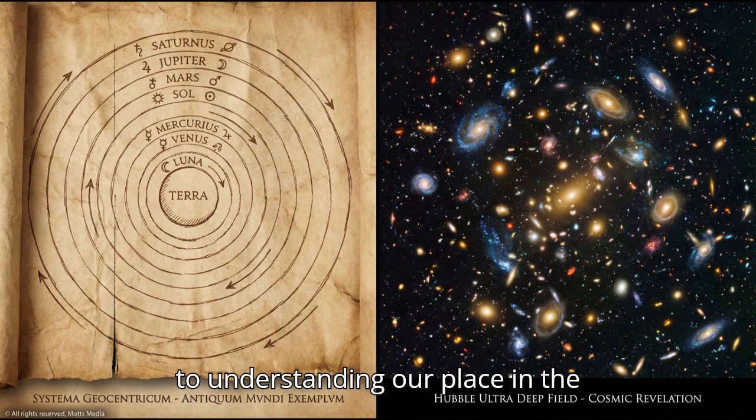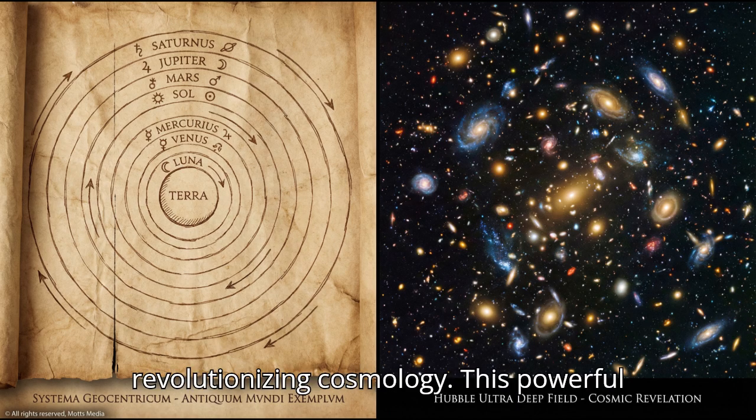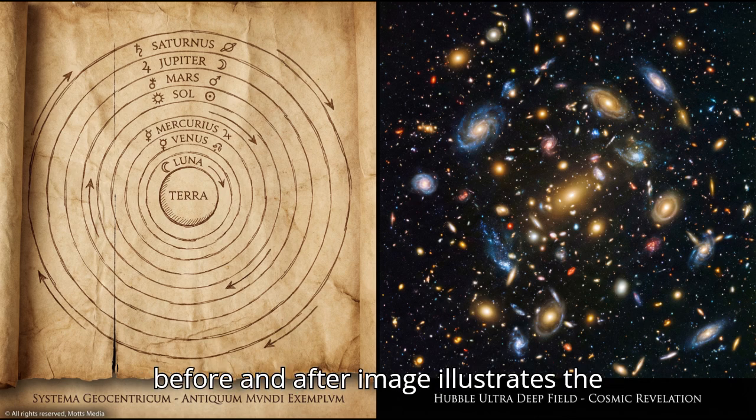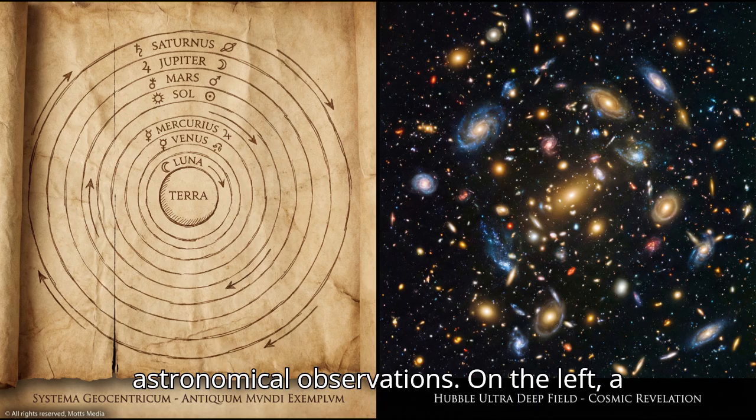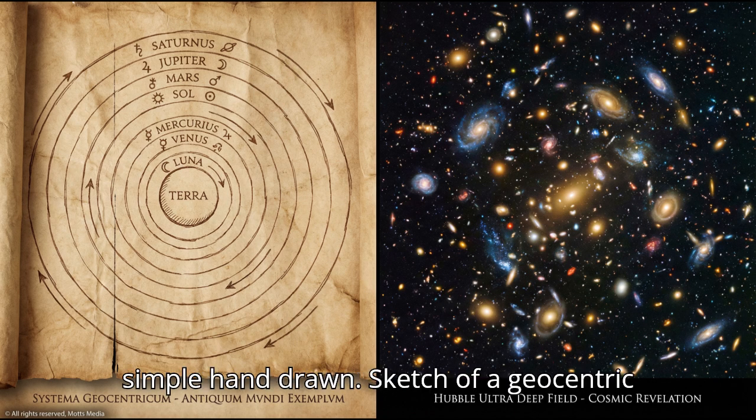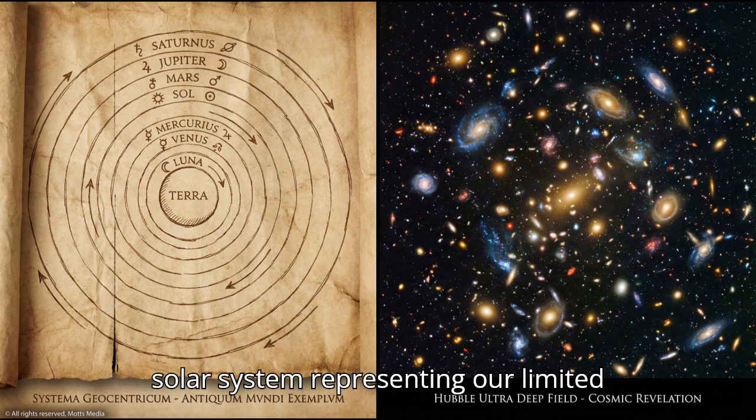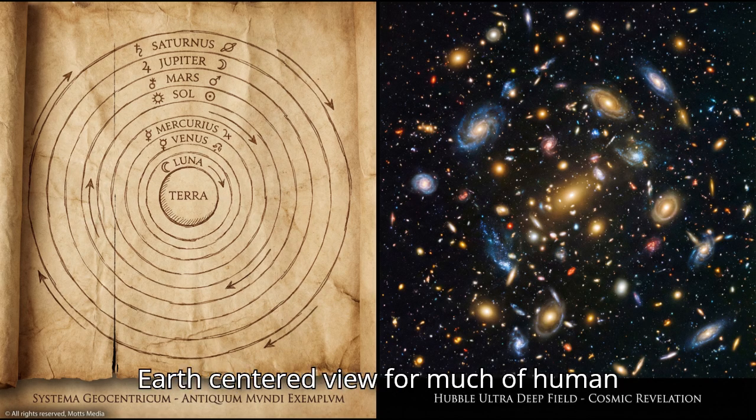Slide 1.7, Observations Revolutionizing Cosmology. This powerful before and after image illustrates the revolutionary impact of modern astronomical observations. On the left, a simple hand-drawn sketch of a geocentric solar system, representing our limited Earth-centered view for much of